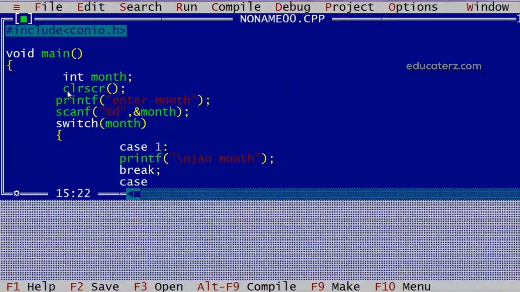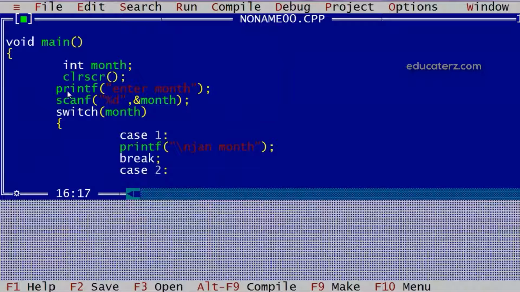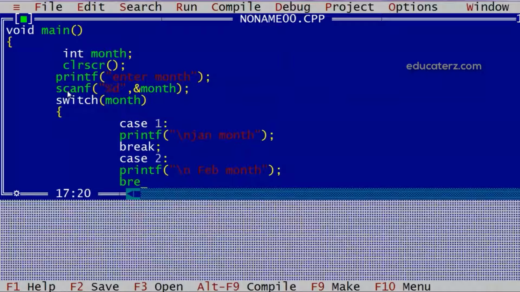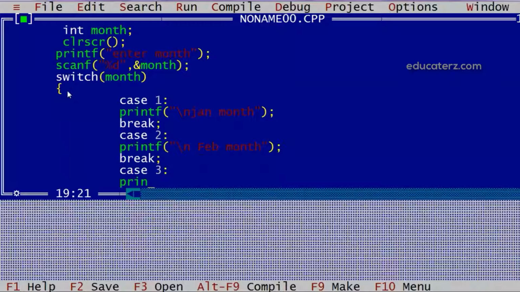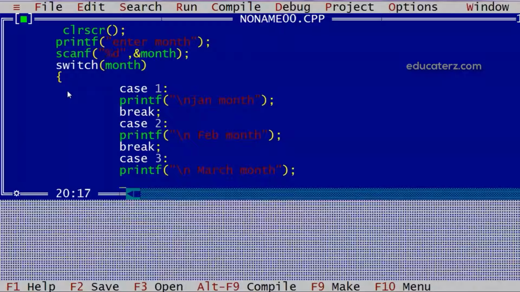Then we have case 2. Here we'll print Feb. Again break. So like this we can go for multiple cases as per requirement. Fine. So for all 12 months we can continue over here.